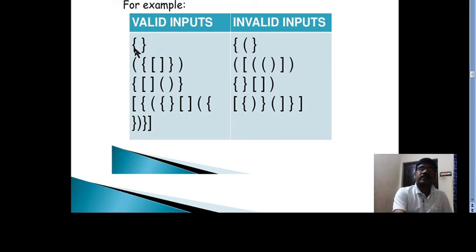With insert and delete, no elements remain in the stack. At the end the stack is empty, so it is valid input. But here, with two insertions and only one deletion, one parenthesis still remains in the stack, so at the end it is not empty and it is invalid input. In this way, you can check whether an input expression containing parentheses is valid or not.